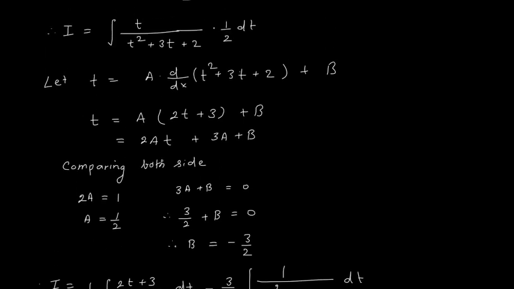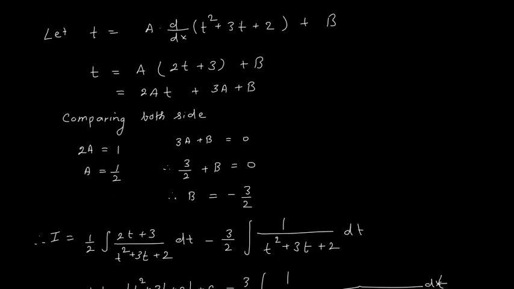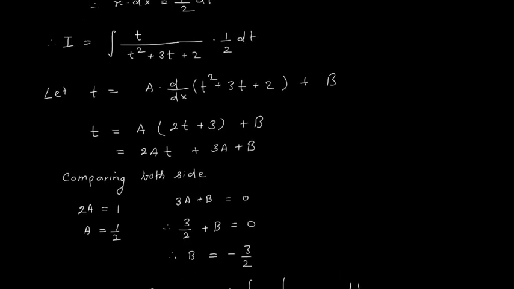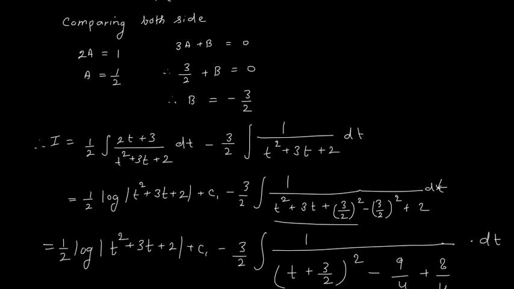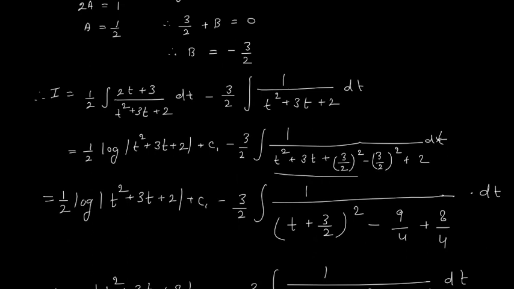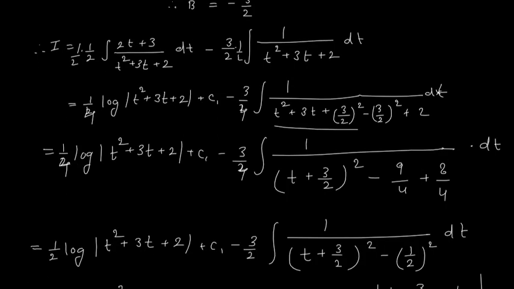Then this 2a will become 1 upon 2 and here b will become minus 3 upon 2. So I is equal to 1 upon 2 and before that we have 1 upon 2. So 1 upon 2 times 1 upon 2 is 1 upon 4. Here also I have 1 upon 2. So this is 1 upon 4, here we have 3 upon 4, here we have 1 upon 4, 3 upon 4, and finally